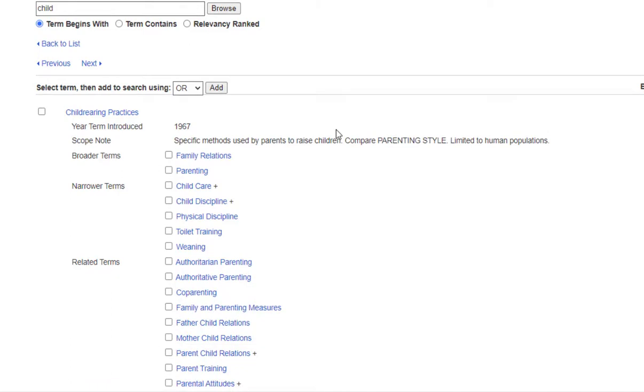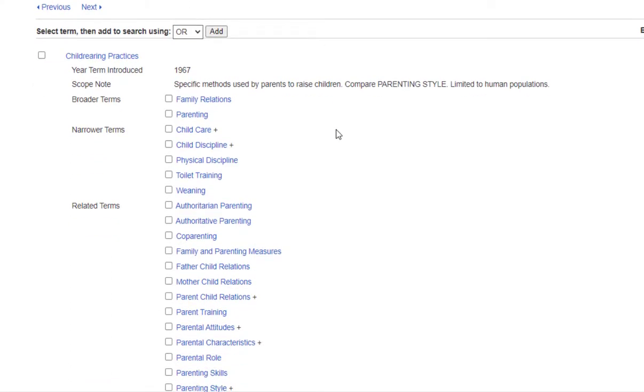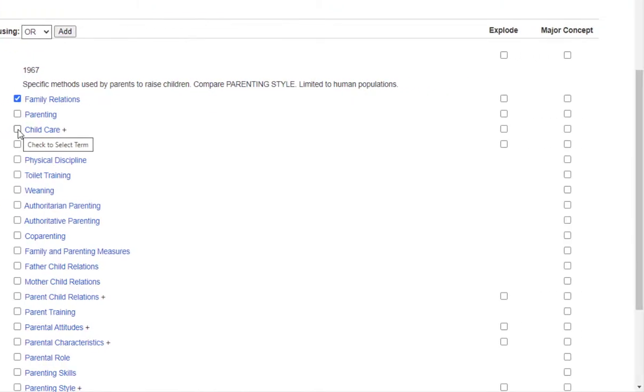Once you've found a set of terms that are satisfying for your search, you can either select the terms with the tick box on the left side to do a search on the term as subject, which means the results associated with this term will be partly or mainly about the associated subject term, or you could select the first box on the right to explode the term, which means that this and other associated terms will be selected. And finally, you could also select the second box on the right to do a search with the term as a major subject heading, which means that the articles associated with this term will be mainly about that subject term.